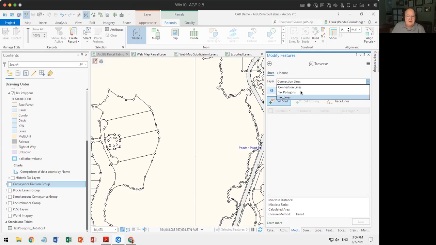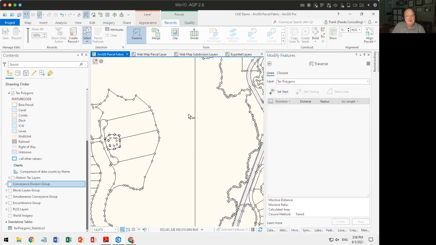And this is one I actually fought for a lot, because we have a lot of clients that aren't necessarily parcel mappers that have to create a polygon that's the result of some sort of metes and bounds description. They really don't care about keeping track of the actual dimensions that were used. They just need to build that. So just to illustrate real quickly, I can click on tax parcels